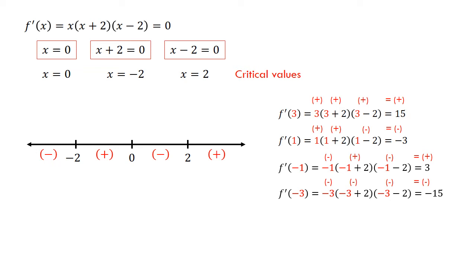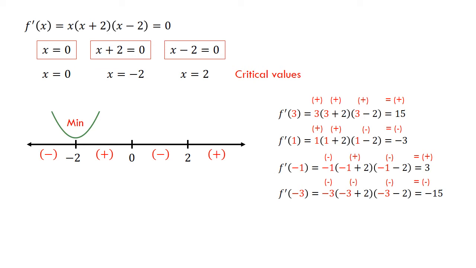Then the slope on the left of negative 2 is negative and on the right is positive, that means the function is decreasing on the left and increasing on the right, so f has a relative minimum at x equals negative 2. At x equals 0, the slope on the left is positive and on the right is negative,